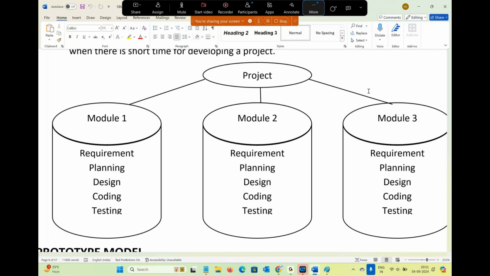Are you clear, everyone? Now I want to ask questions. Give me a reply to my questions. Question number one: my project is small size, but I want 100% quality. Which one is the better model? Yes, V model. Next, a big size project I want to complete within a short term. Then